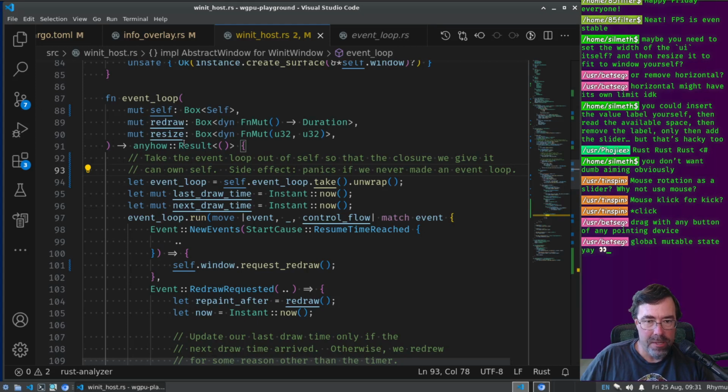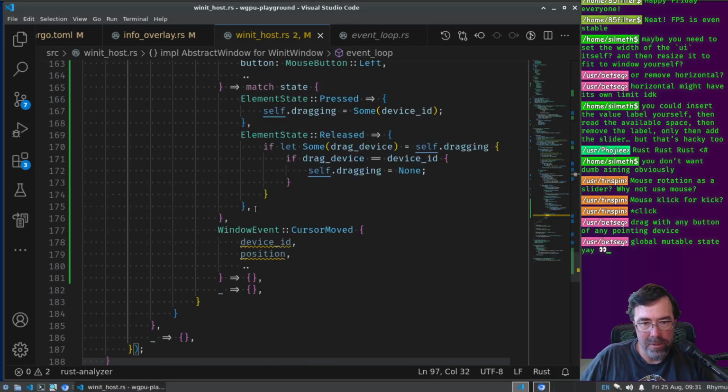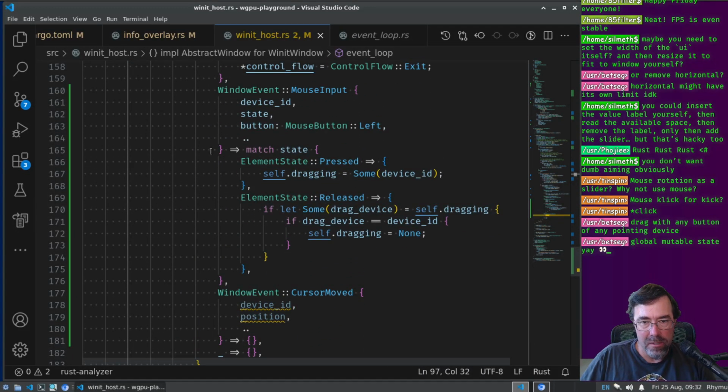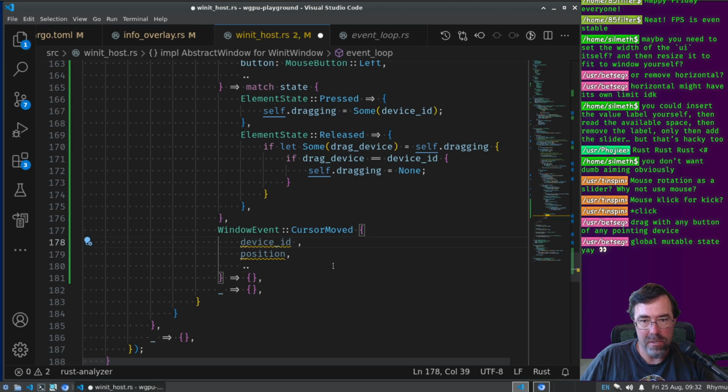Yeah, I think it goes without saying that we can't call event loop twice with the same window, because when you call it, it consumes the self. Yeah, all right. Much better. And I've over-explained it. I apologize for that. So this tracks whether or not we're dragging, and now in the move, I can see only if device ID is